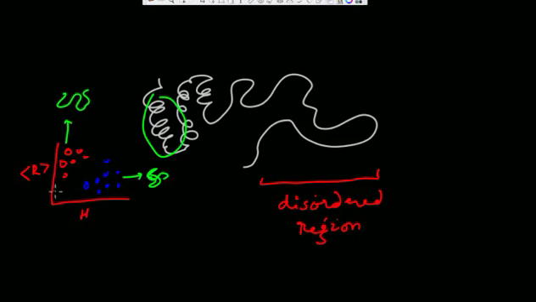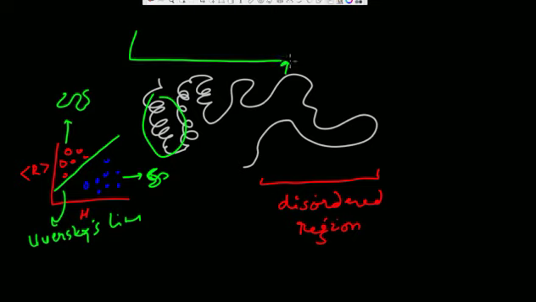In fact, there is a line that demarcates this. That's called Uversky's line, named after the scientist Uversky, which demarcates order from disorder. Nevertheless, this might come later on when we learn about protein structures. Now once you have such a region, and if you calculate, let us say, throughout this protein sequence, I am going to calculate the Shannon entropy.